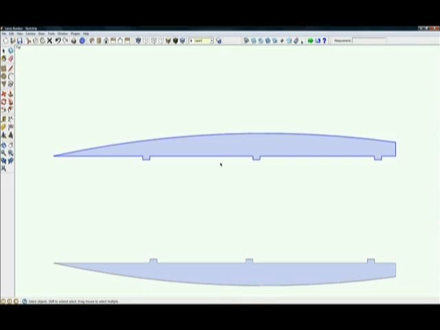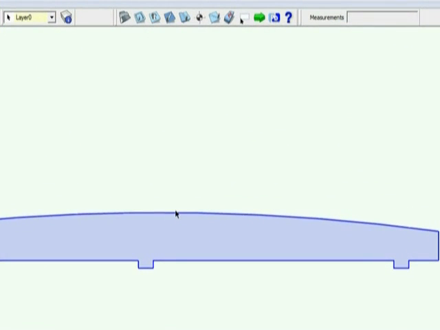oftentimes when you're dealing with arcs, the way SketchUp deals with them most of the time is it deals with them as faceted arcs. Lots and lots of line segments, sometimes tiny, tiny ones. When you send this G-code out to your flat printer, when it's generated and then sent out to your flat printer, sometimes all those line segments will be treated in such a way that the machine will just hop around and cut random. It may cut one here and then come over here and then here and then here